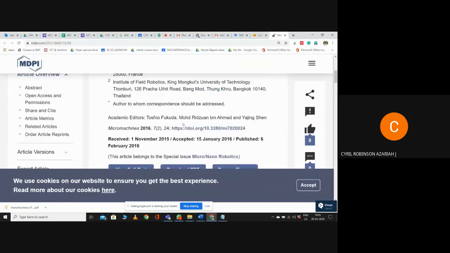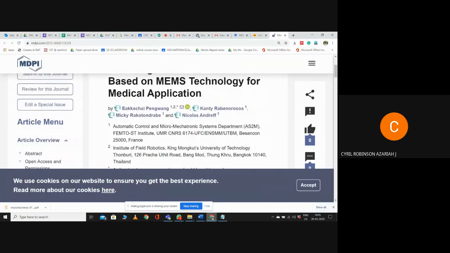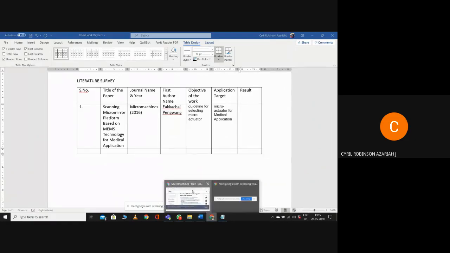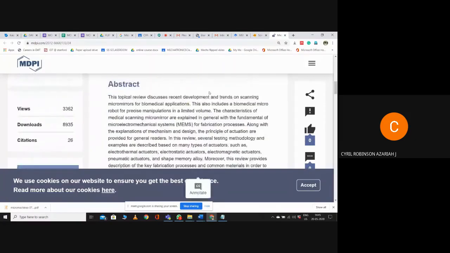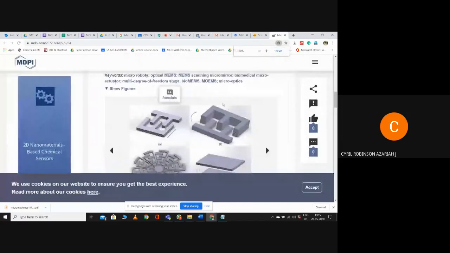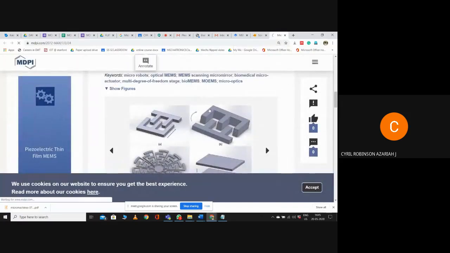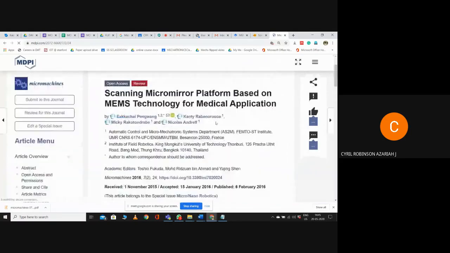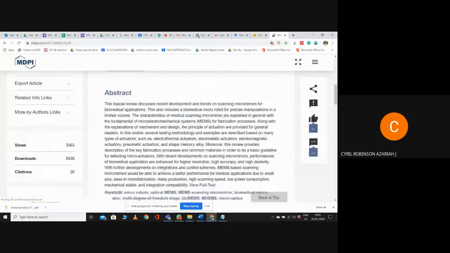What is the application targeted? Microactuator. Its purpose, application. Maybe the title will tell you. For medical application. What is the result from this work? That also you have to refer to in this paper. Sometimes it will not be given in the abstract.